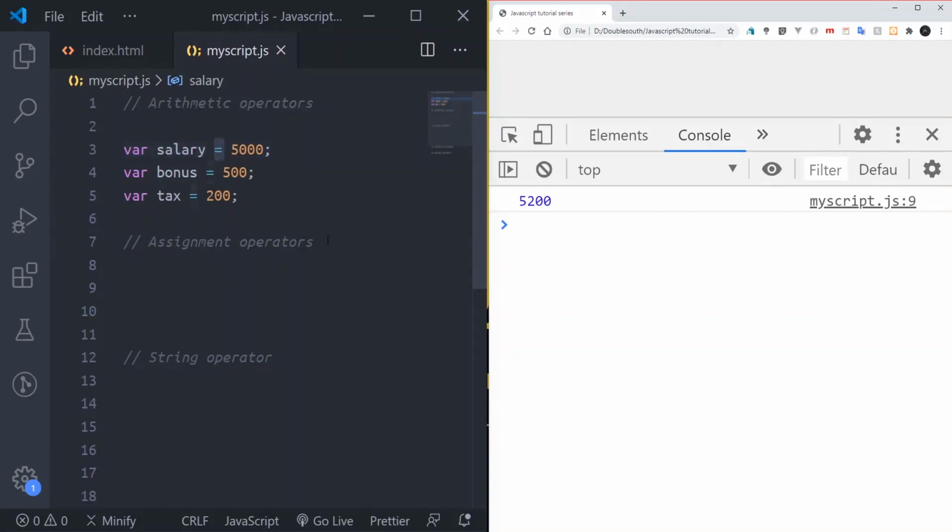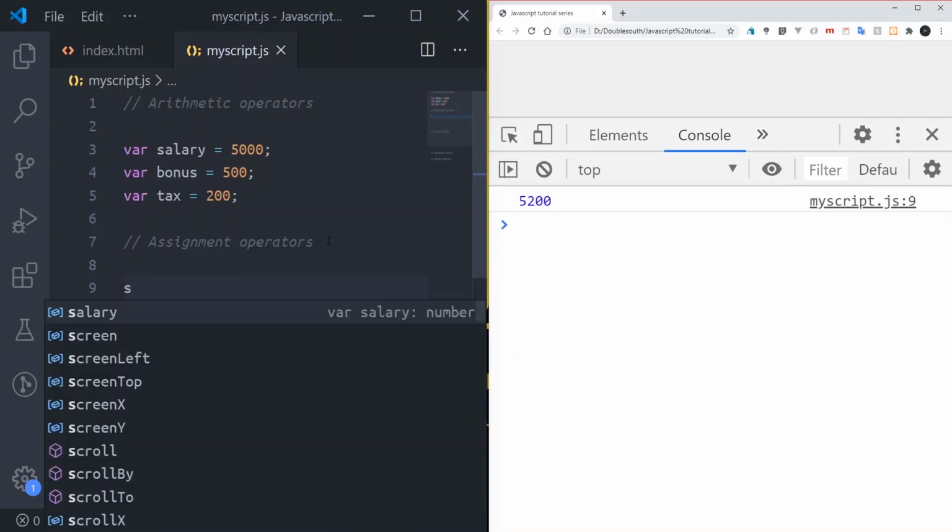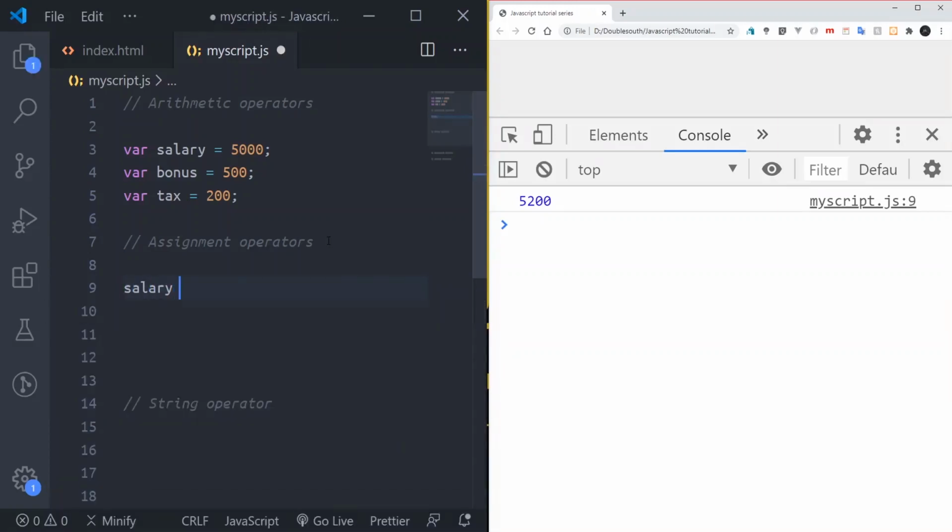So the other assignment operators there, the one is the plus, the addition assignment operator. I call it the addition assignment operator. And see the way it is, like this. If you come to this place, just type salary plus equals to bonus.